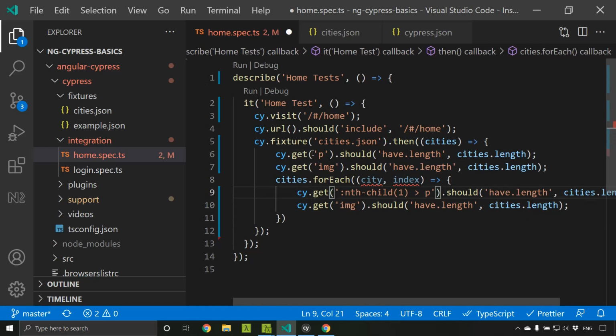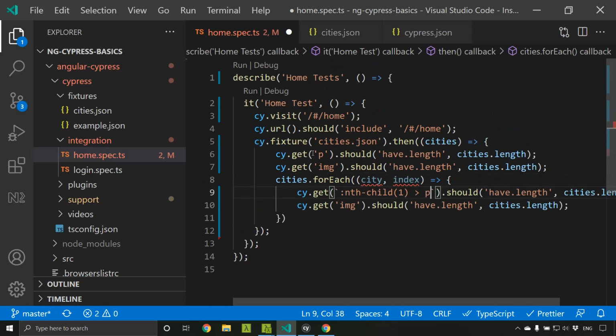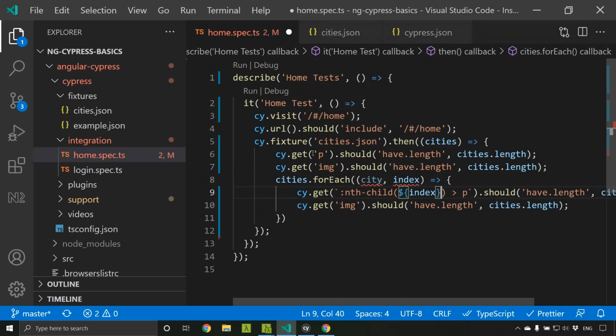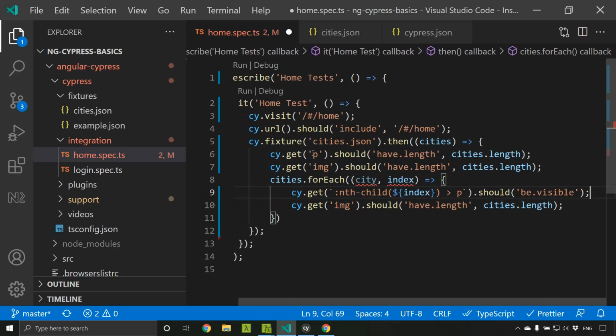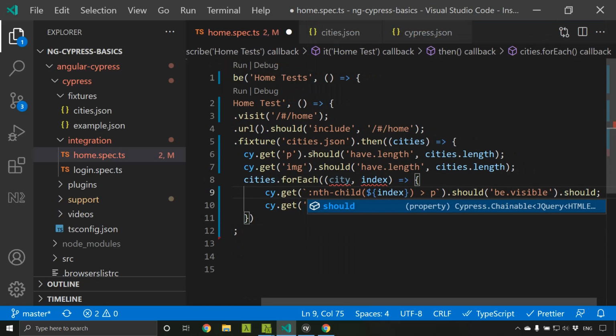Here I am making use of the template literal, so this index will be changing dynamically. And here we can assert that first of all it should be visible. The second assertion will be the value. So we can chain the assertions.